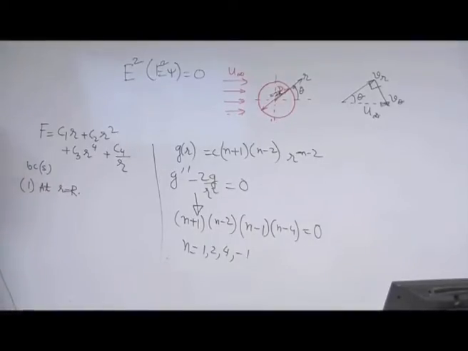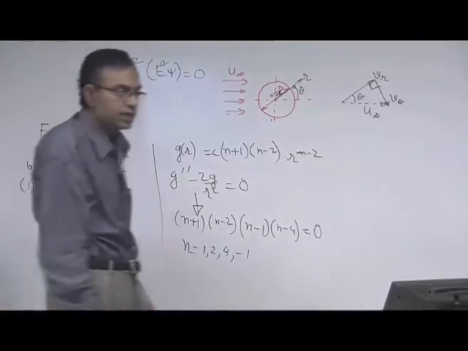no penetration, how will you write? Vr must be 0. So, instead of the r theta system, if it was xy system, how would you express that? You would express that as V equal to 0. V is equal to what? So the question is, how do you express this in terms of the stream function?